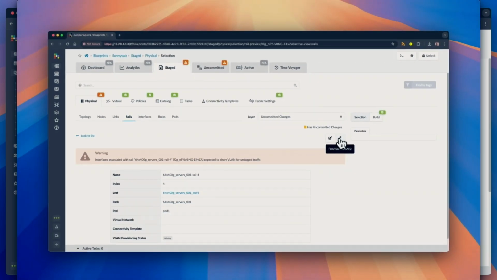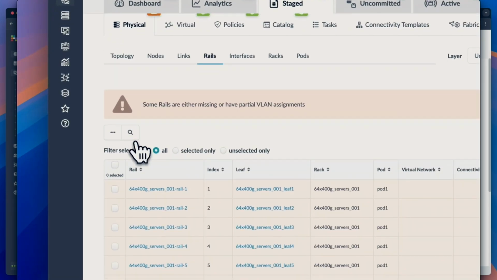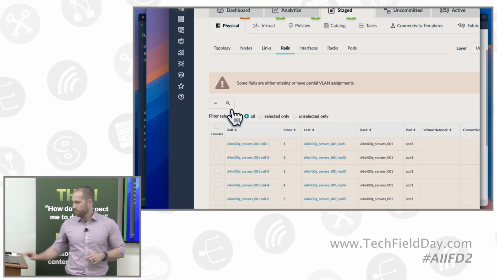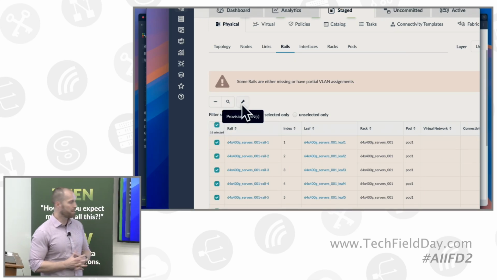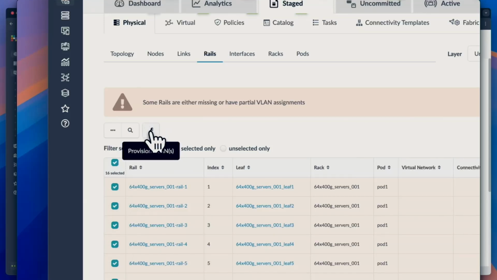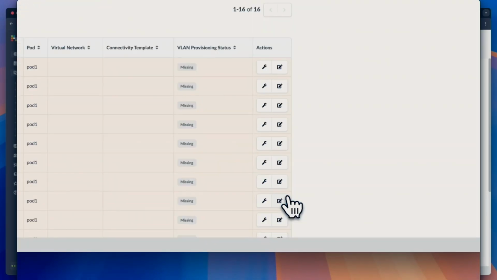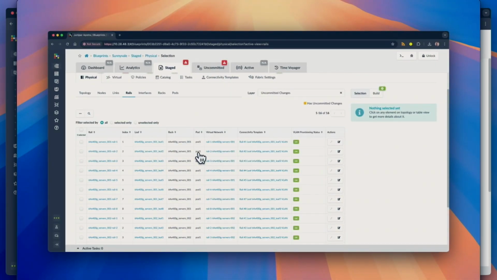And yes, I do. I could do it one by one, but what I'm going to do is look at all of my rails and say, let's do it in bulk. I don't want to do it one by one by one. I can, but that's tedious. Why would I do multiple things at once when I can do it in one click? So I'll select all of my rails and say, let's provision VLANs across all of them. We can review it and look at it. They were all missing before, but we'll add them in there,